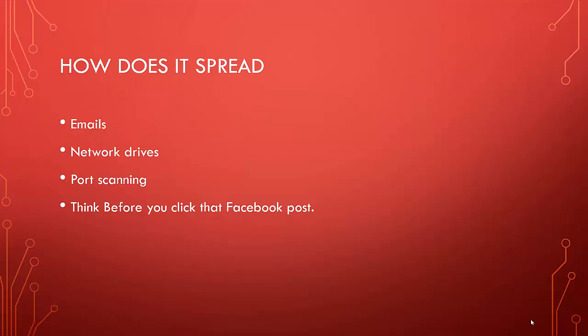Sometimes it can spread through network drives and shares if someone on your network gets a virus. For instance, last year the company I just joined was hit with CryptoLocker, and someone on the network in Citrix had received an email that they didn't know who it was from. They opened it up and they ended up losing work for 6 days, and they were locked out. This was pretty bad. So shortly after that, they implemented OpenDNS and some other stuff to prevent crypto from happening again. Shortly after, it did hit again, but since they had the right things in place, it only took them 2 hours to recover versus the 6 days.